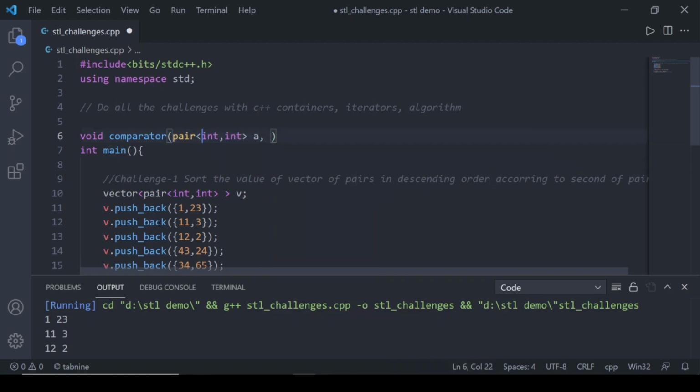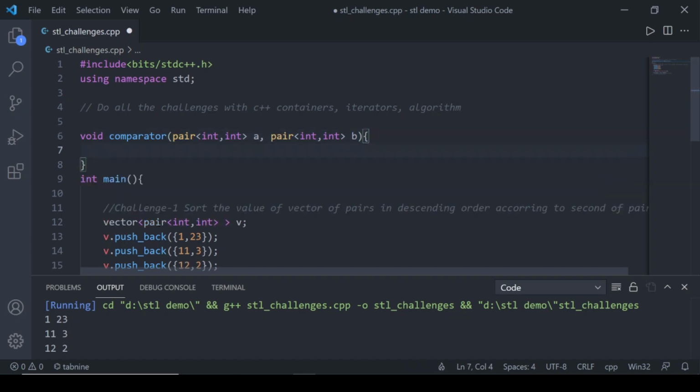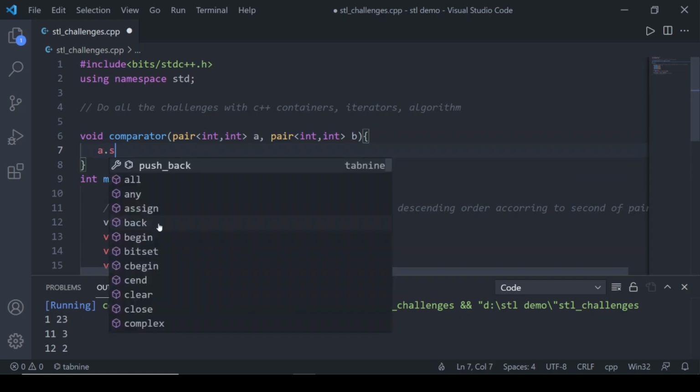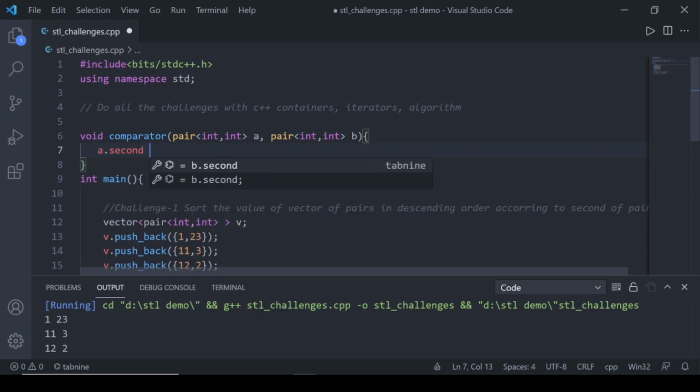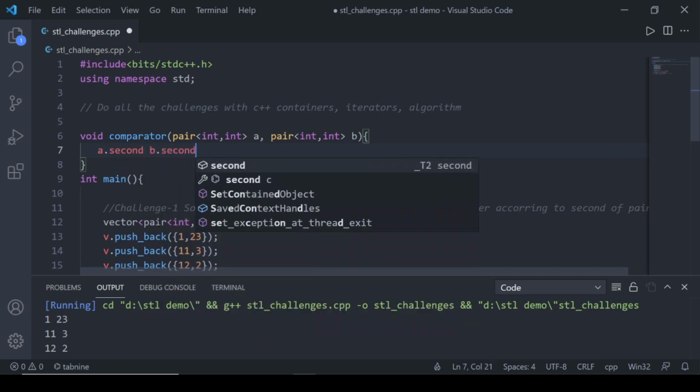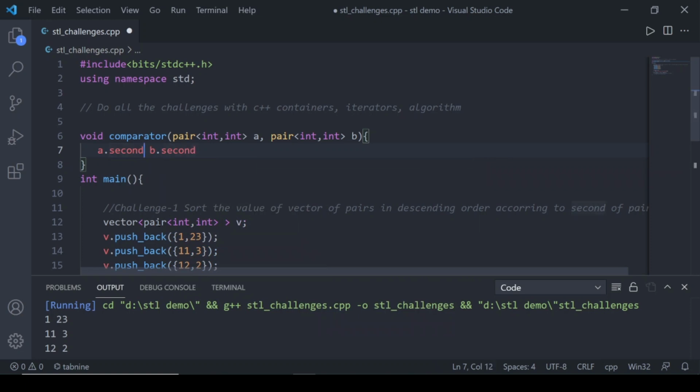Okay, so what is the criteria upon which we want to compare? We want to compare the second part, a.second and b.second. So how does it compare that? I have to return a boolean.